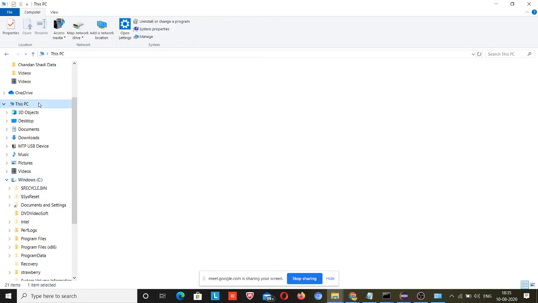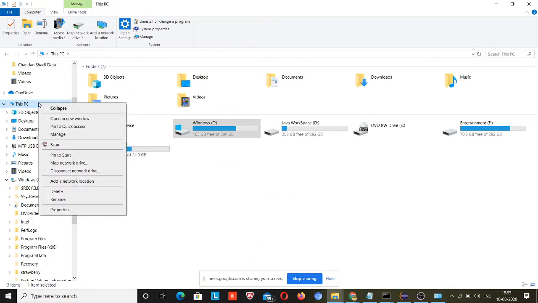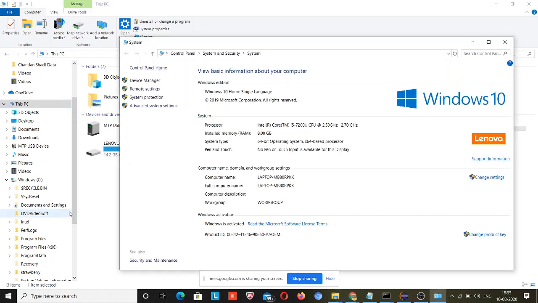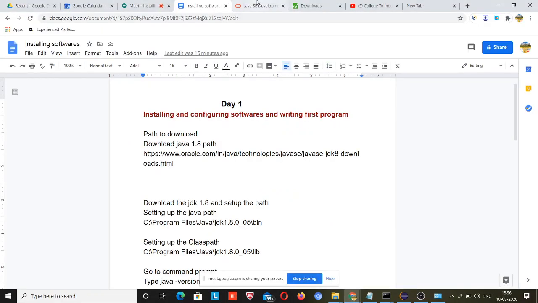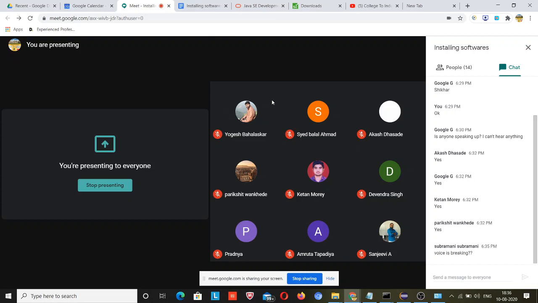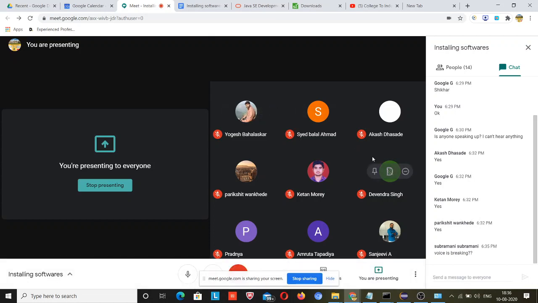After that, right click on This PC and properties. After clicking on properties, let me check with you guys if you are facing any problem related to this. Voice is breaking. So my voice is breaking. So Subramani.